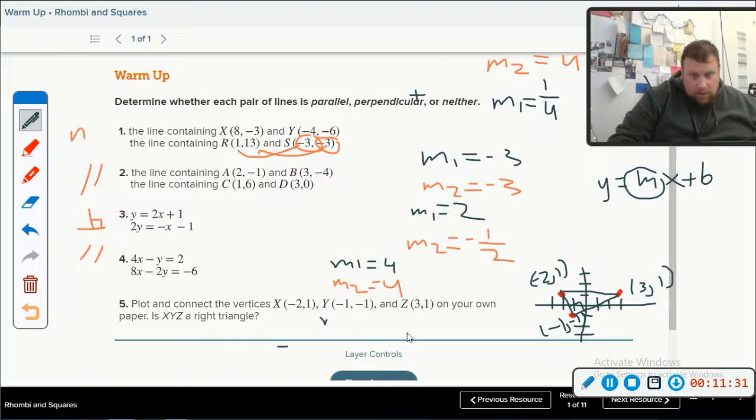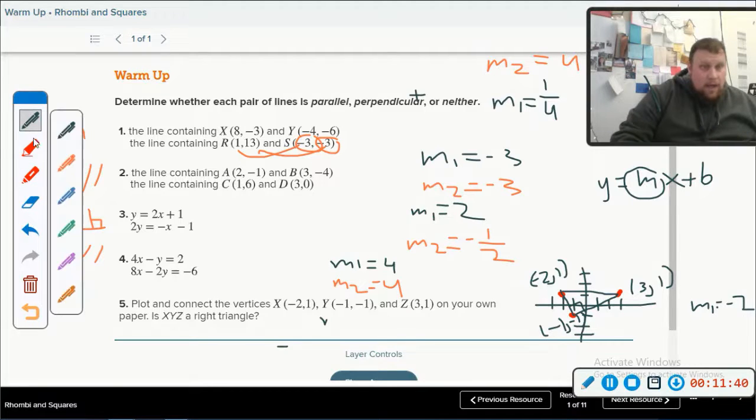M1 equals -2. Boy, this is a big lesson in and of itself. And what are we going to have right here? For number 2,